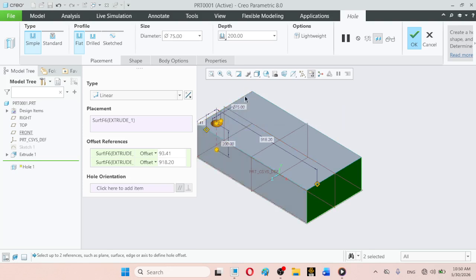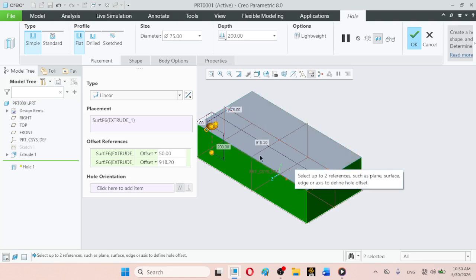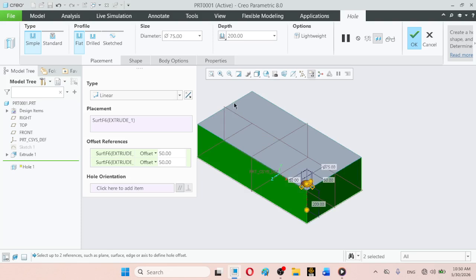By leaving 50 units along the width, and along the length dimension leaving, for example, the same 50 units, sorry, from this edge, that was actually the reference.